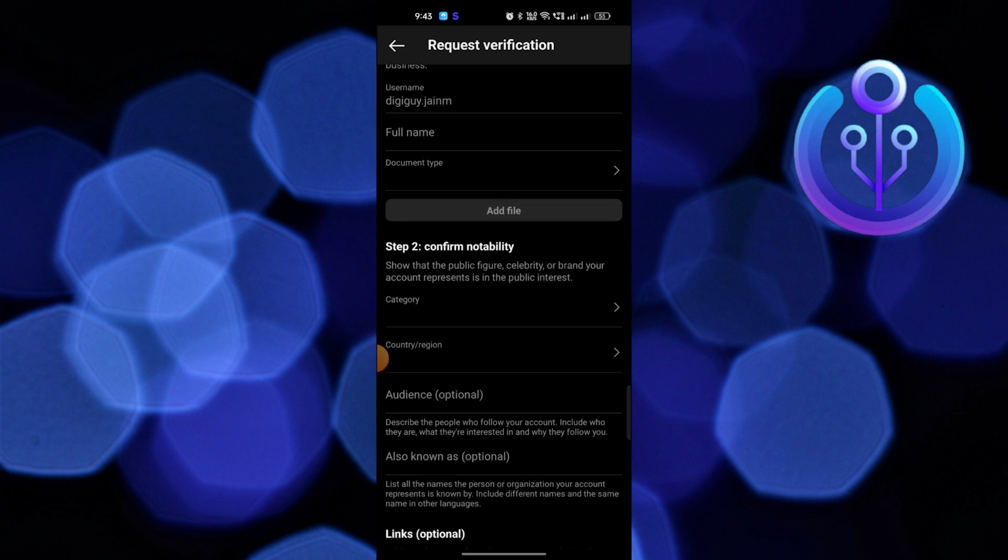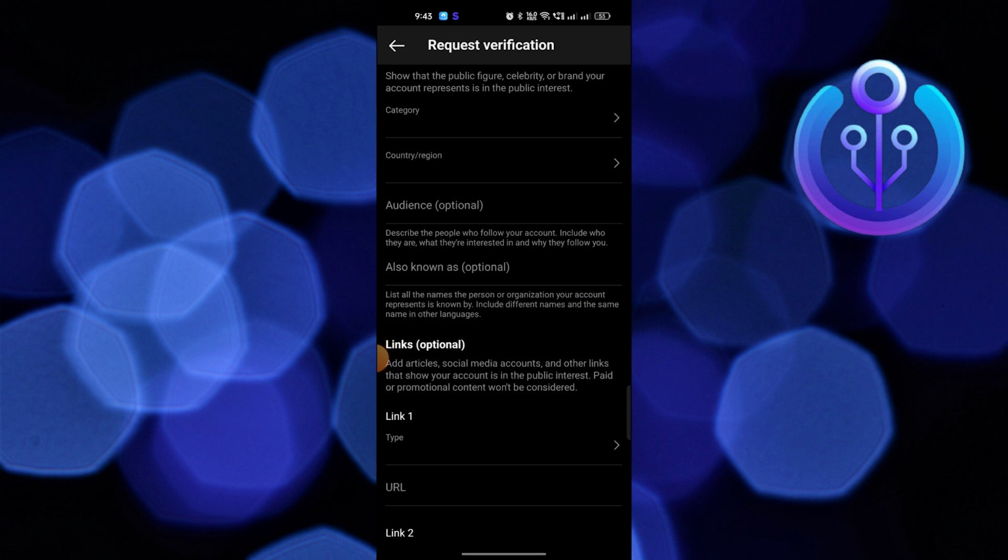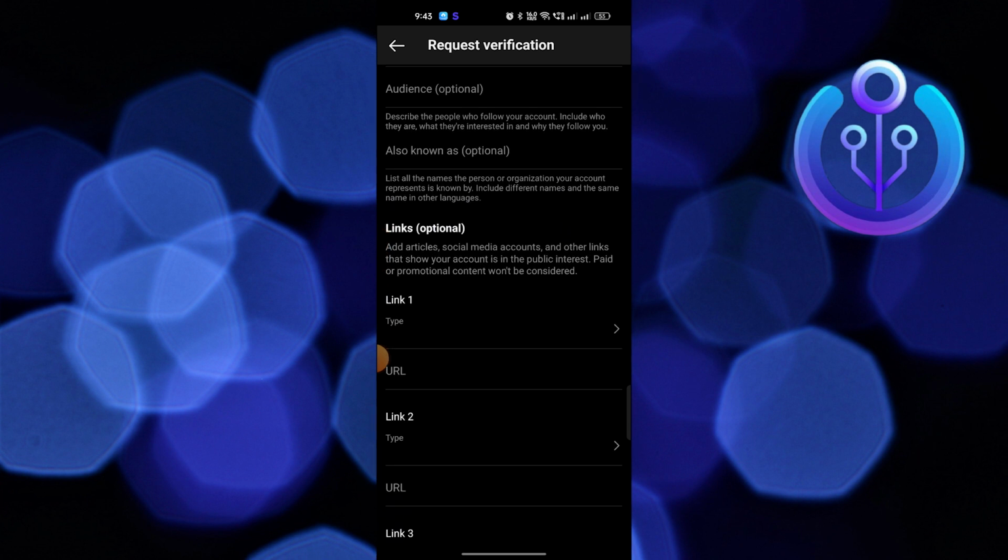Also, you can add additional links to social media if you want. Once you're done, tap on Submit to